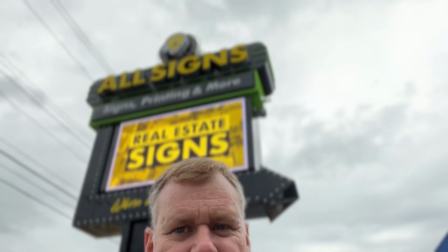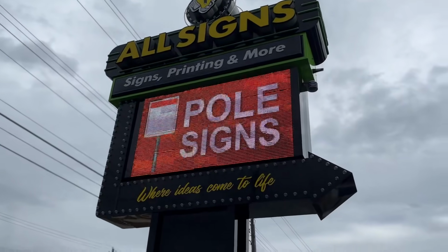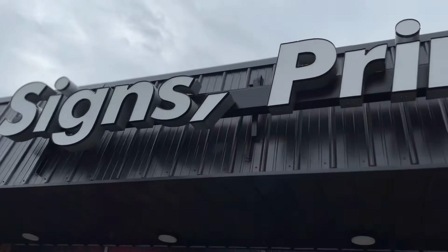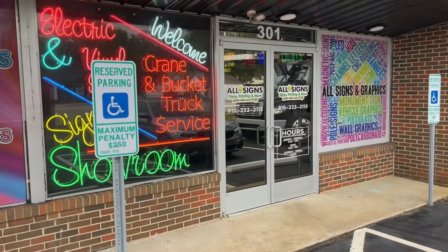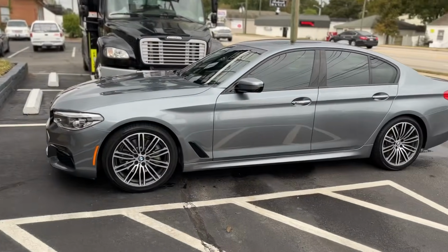Alright guys, so welcome back to Tksgarage, and today the car gets badged, man. I'm out here at All Signs. Let me flip the camera around for y'all. It's All Signs, Signs, Printing and More out here in Fayetteville, North Carolina. You can see it right here. There's their relevant information. So they're the ones that are going to be doing all of the badging and whatnot